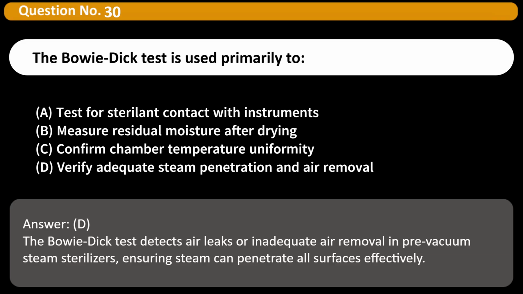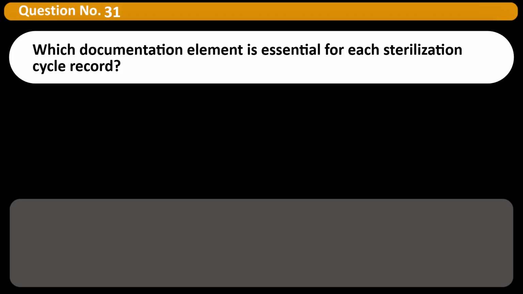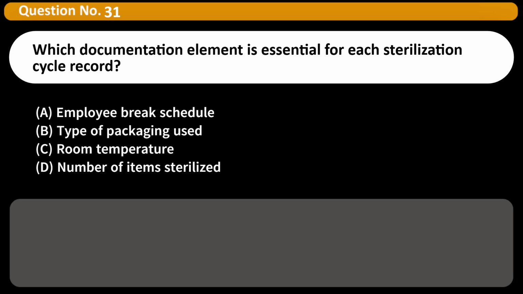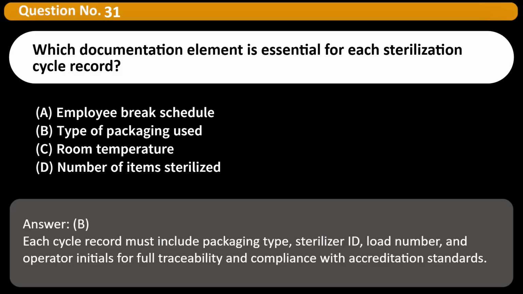penetrate all surfaces effectively. Which documentation element is essential for each sterilization cycle record? A. Employee break schedule. B. Type of packaging used. C. Room temperature. D. Number of items sterilized. Answer: B. Each cycle record must include packaging type, sterilizer ID, load number, and operator initials for full traceability and